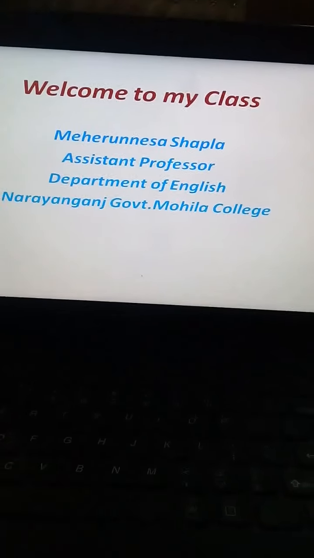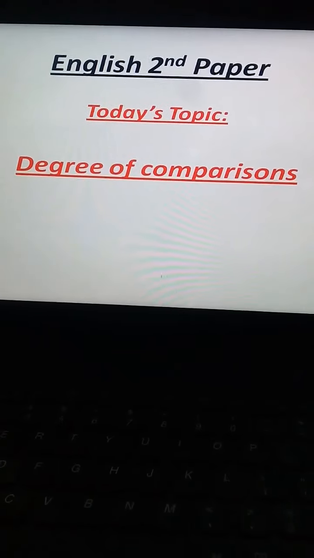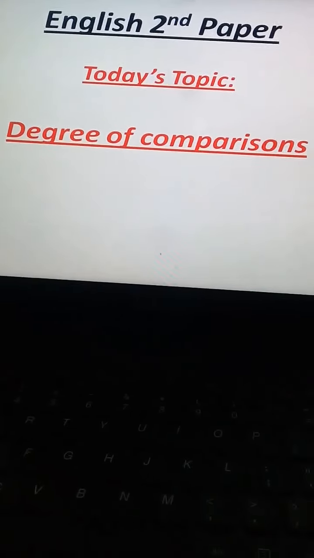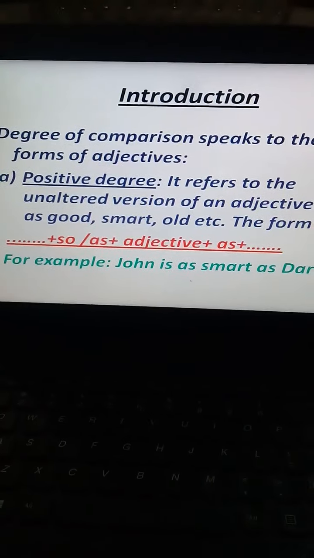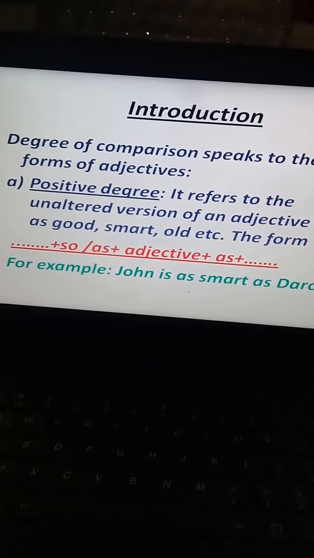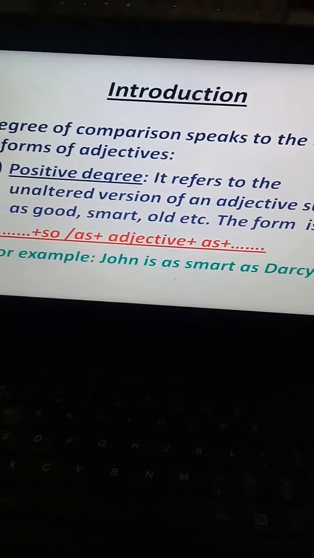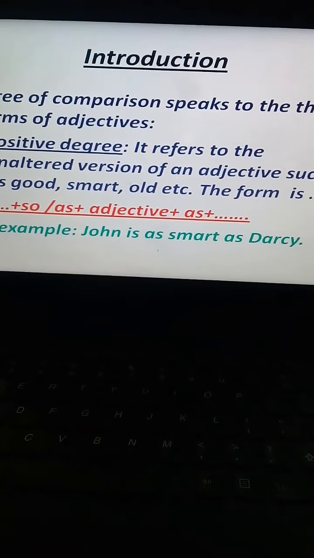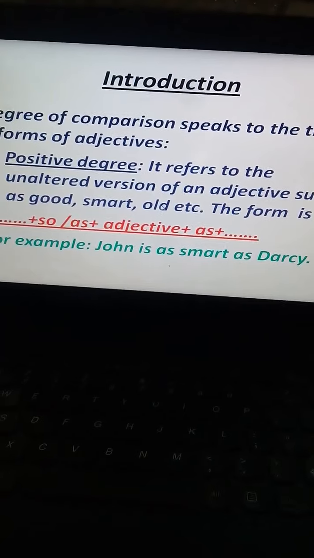Okay, so dear students, in the first slide there is an introduction of myself. In the second slide there is the name of today's topic, that is degree of comparison. And in the third slide I'm going to describe the 3 forms of adjectives, or degree of comparison. The first one is the positive degree. The positive degree refers to the unaltered version of an adjective, such as good, smart, old, tall, high, big,